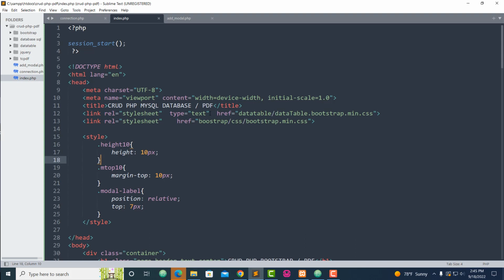Let's see, because I say link href. Type text should be in. Let's see. Type text should be. I don't know why. Link rel, this should be, I mean, this code,